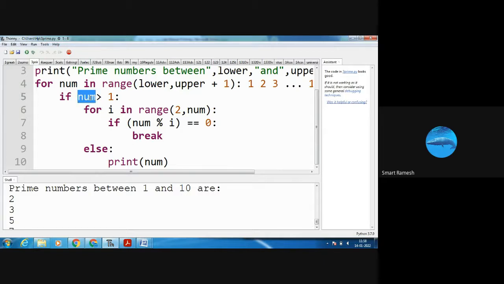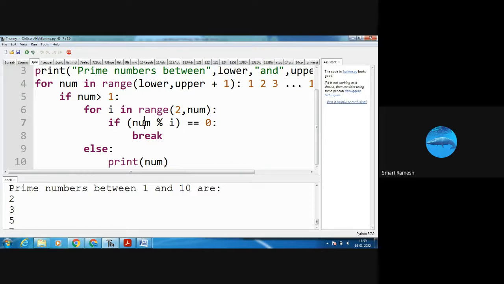Number 3 is greater than 1, yes, condition true. Here again I am coming inside range 2 comma 3. What is the value of range 2 comma 3? That is 2. So i value is 2. So here num is 3. 3 modulus 2 equal to 0. Condition false.